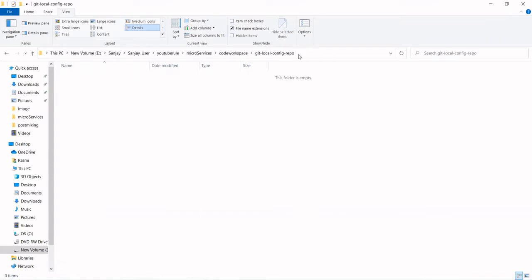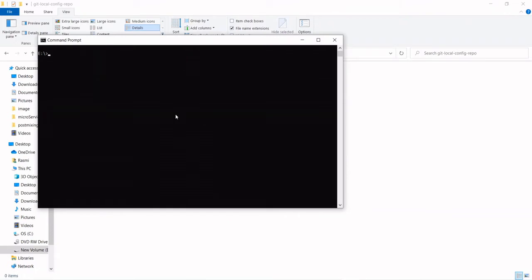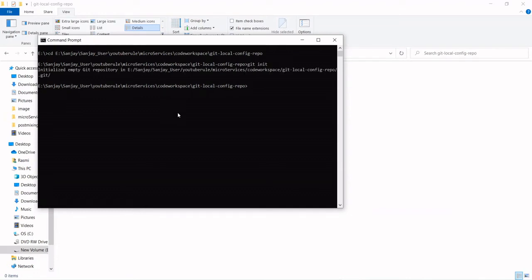Copy this path, go to the prompt, and go to that path from here. Here you need to execute the command git init, to initialize Git. See here, it says initialized empty git repository in this particular folder, and a .git folder will get created in this folder.